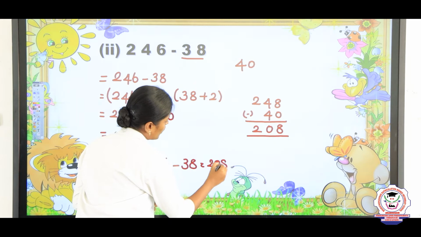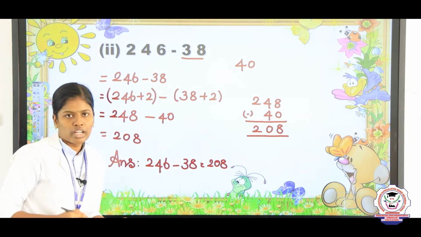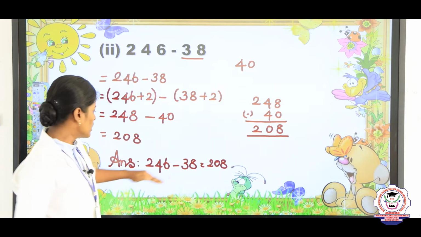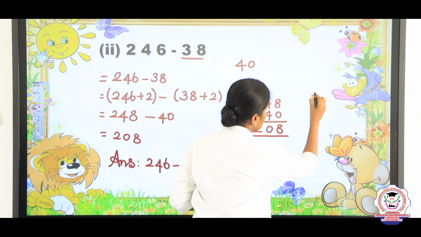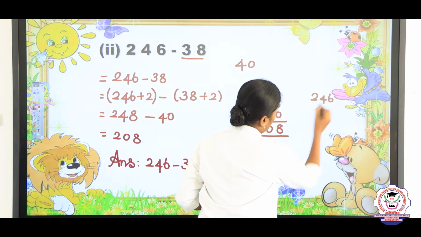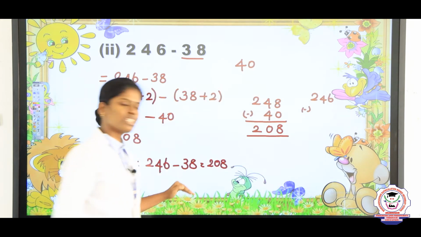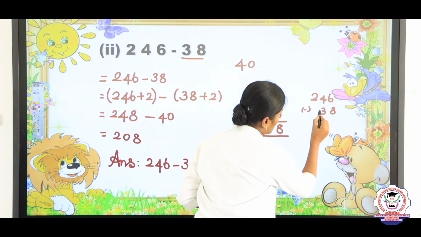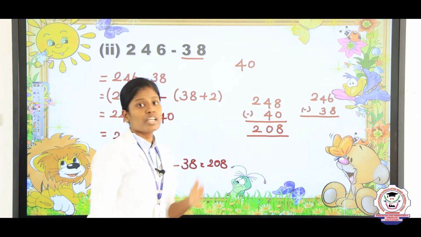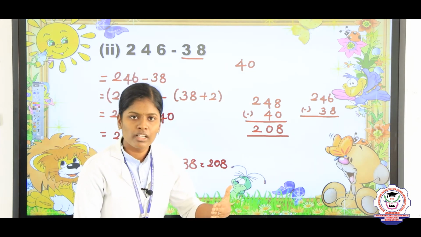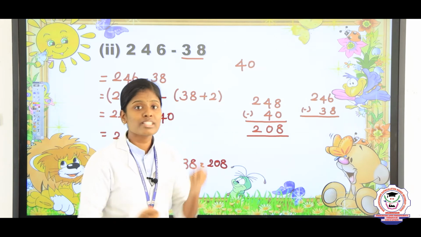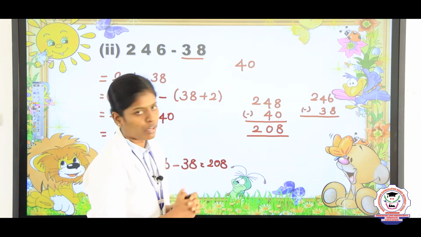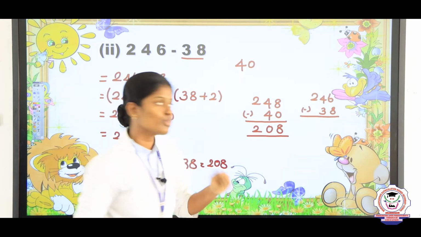So listen my children, whether this answer is right or wrong, now we are going to check it. Simply take and subtract the numbers. The first one is 246 minus the second number 38. Here the ones place value is 8 and the tens place value is 3. Now we are going to subtract this. So is 6 minus 8 possible? No, it is not possible. Why? Because 6 is the smaller number, 8 is the greater number. Now we are going to borrow from 4. So 6 changes into 16.